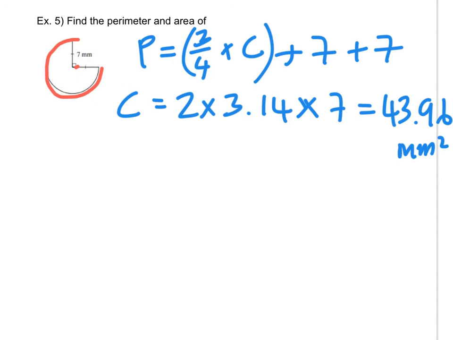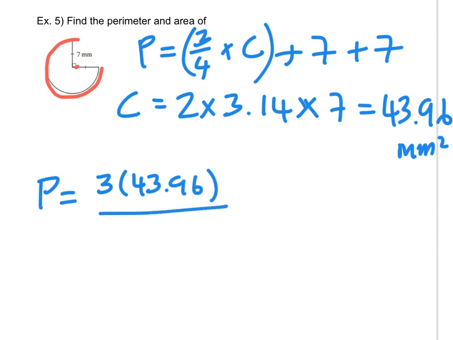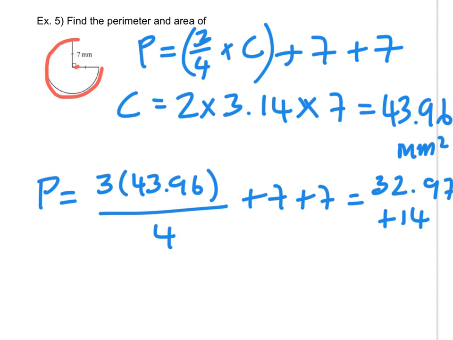Now remember the perimeter is equal to 3 times 43.96 over 4 plus 7 plus 7. If you multiply that by 3 and then divide it by 4, you get 32.97. And then you have to add on the 2 sevens, which is 14, so it gives you 46.97